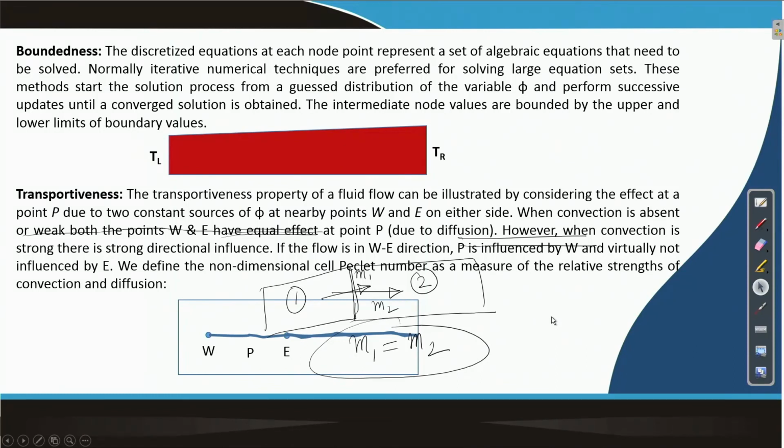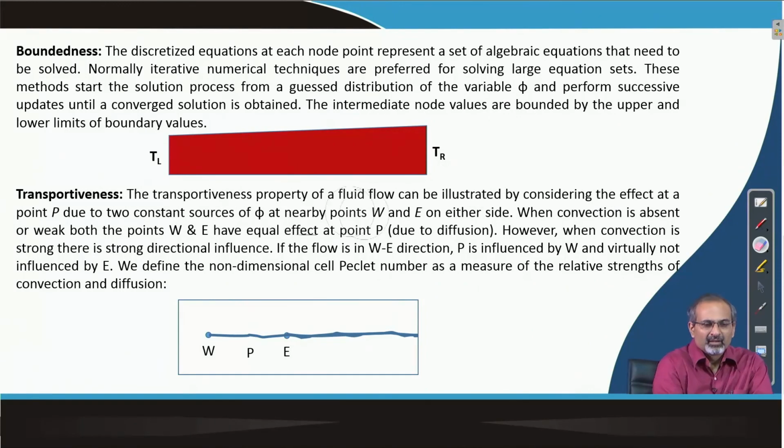There are two other properties which are also of significance. One property happens to be boundedness. So, we were talking about the one dimensional steady state heat conduction problem without any sources or sinks. In such a situation, we saw that the solution is essentially defined by the boundary values. If you have imposed Dirichlet conditions at the ends of the boundaries, then you have a clear cut definition of the temperature at the ends of the boundaries.